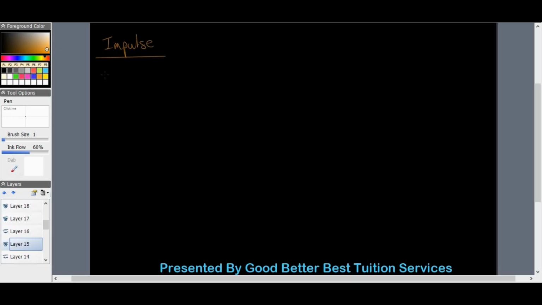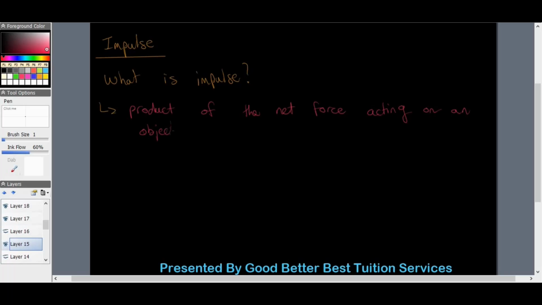The first question that we might ask ourselves is, what is impulse? What is this new term? It's funny that you all should ask. I'll give you the answer. Impulse, as defined, is the product, so there's multiplication involved, of the net force or resultant force acting on an object, and the time